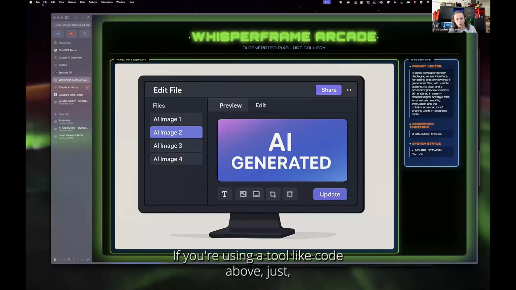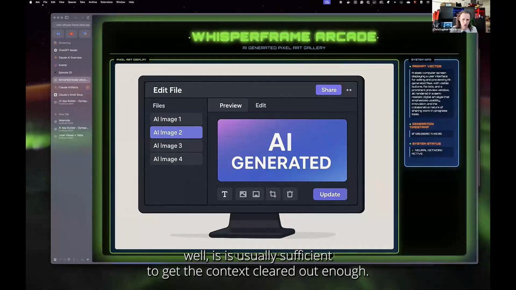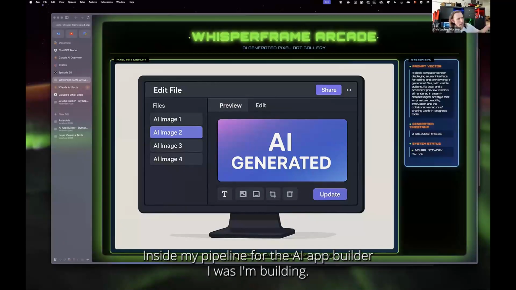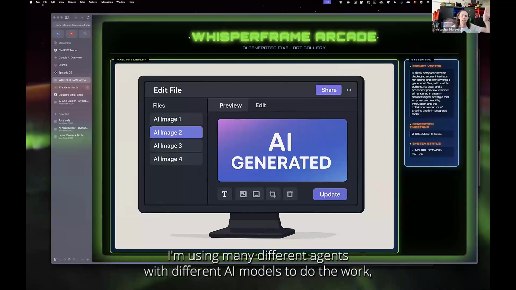If you're using a tool like CodeBuff, just killing it, stopping the application, and restarting it is usually sufficient to get the context cleared out enough. Inside my pipeline for the AI app builder I'm building, I'm using many different agents with different AI models to do the work.